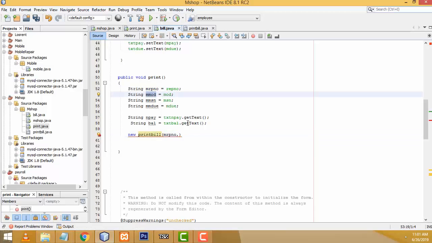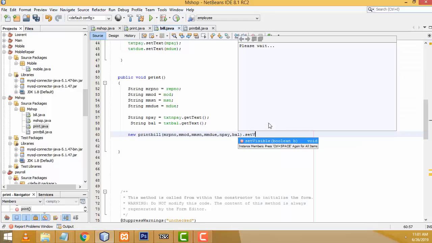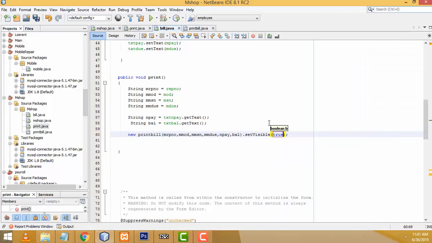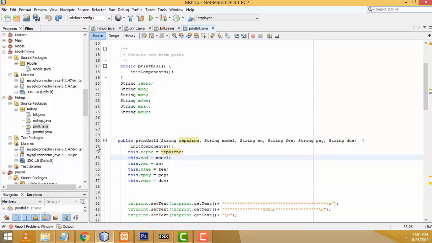After that second one, third one, after that this, after that this one, after that balance this one. These are the values we are going to send. Dot set visible true, we have to make it set visible true. That's the stuff we have to do. So it's sending to print build.java page. Here we already copied this page from print.java, so you have to retrieve in this